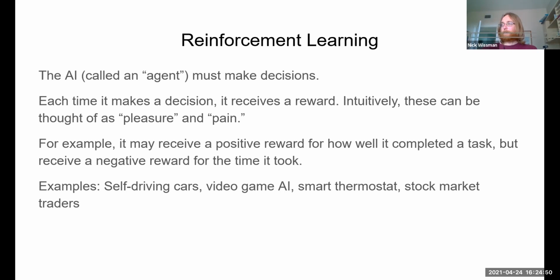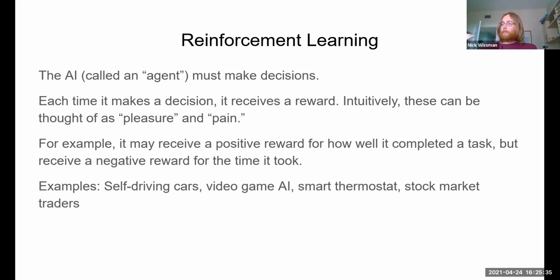So some examples of reinforcement learning are self-driving cars. What do you guys think would be some rewards it would receive for certain actions for a self-driving car, or for certain results? Any ideas? All right. So it might receive a positive reward for getting to its destination, right? That's its goal. Or for each smaller action, it might receive rewards just for how close it gets to the destination. As it approaches its destination, it'll get rewarded, and then it'll possibly get a big reward at the end